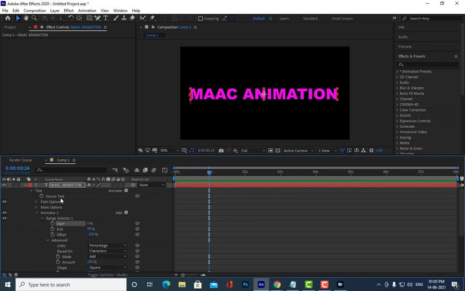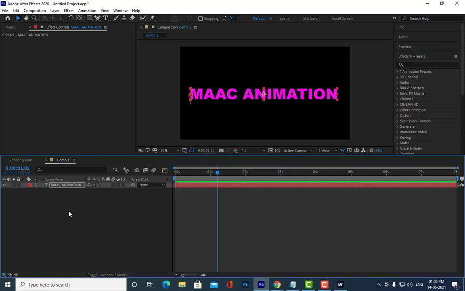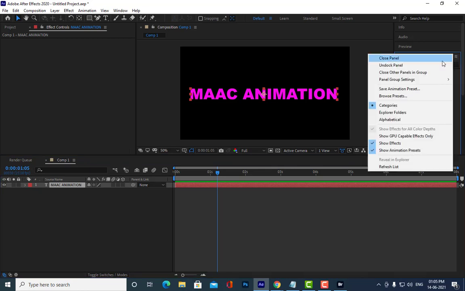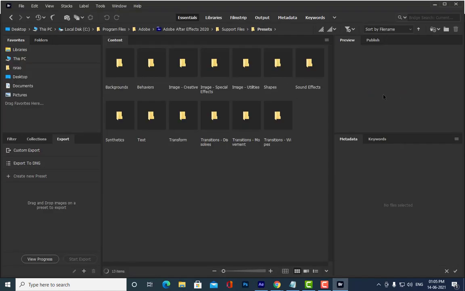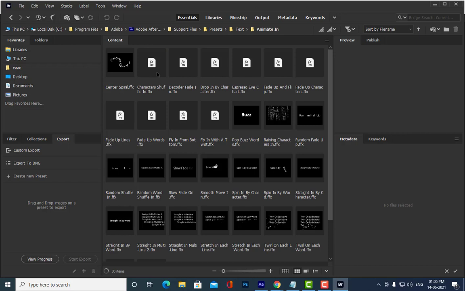Right now all the animation is gone. Let us apply one more animation to this. So how to apply? In effects and presets, on the right side you click here, then browse presets, go to the text and click on animate in and out.